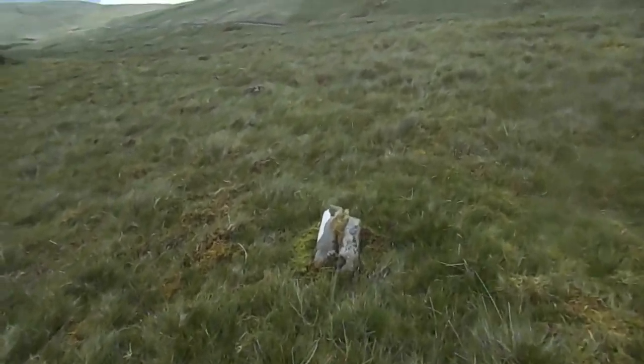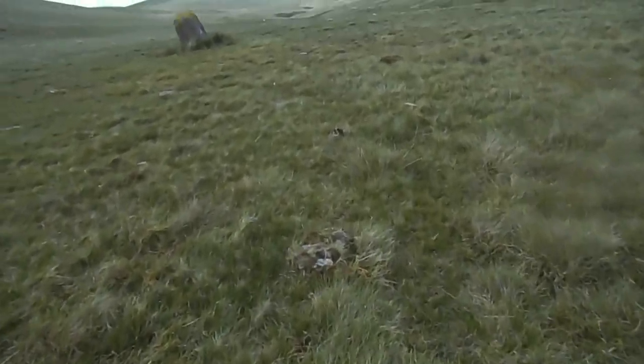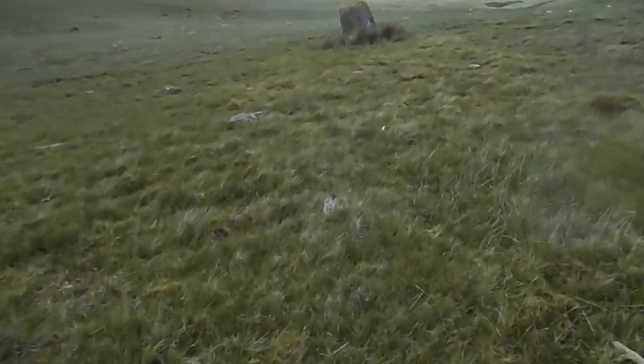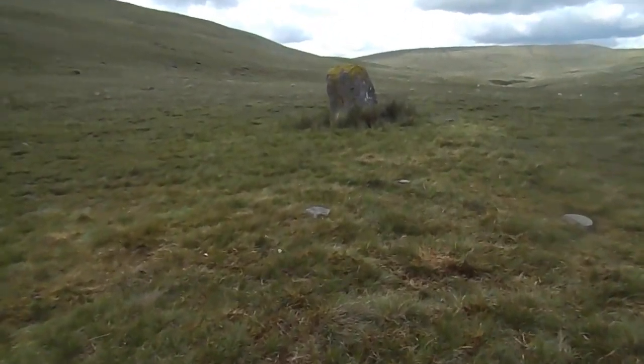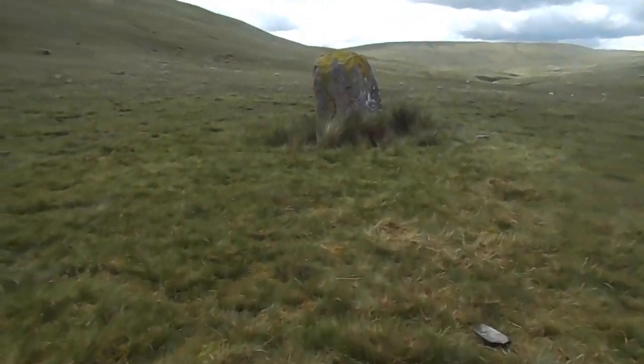Due to erosion, these stones are obviously showing now. But if this landscape was heavily wooded with a heavy mat of forest, you wouldn't be able to see it today. But this itself has to be the highlight associated with the stone circle. It's an oblong stone circle site that we've just looked at. And this stone itself here,